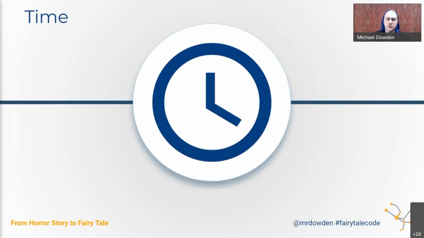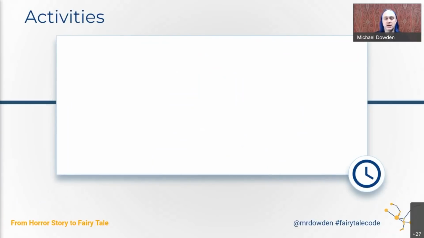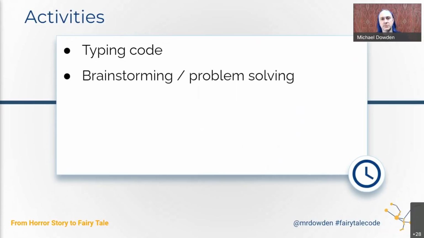So where do you spend your time as a developer? What are things that you spend time on? Some of the activities may include typing code, actually physically entering code into the system. What are some other things you do? You may do brainstorming or spend time problem solving, working things out in your head or on a whiteboard or whatever that may look like. One of the top answers I get to this question is, of course, meetings. We spend a lot of time interacting, whether it's a virtual meeting or an in-person meeting. We spend a lot of time talking with each other, hashing things out.